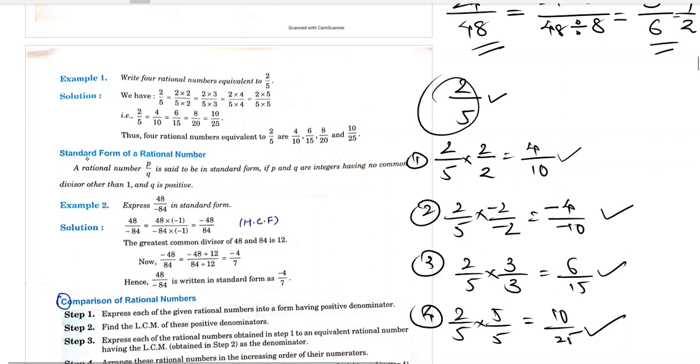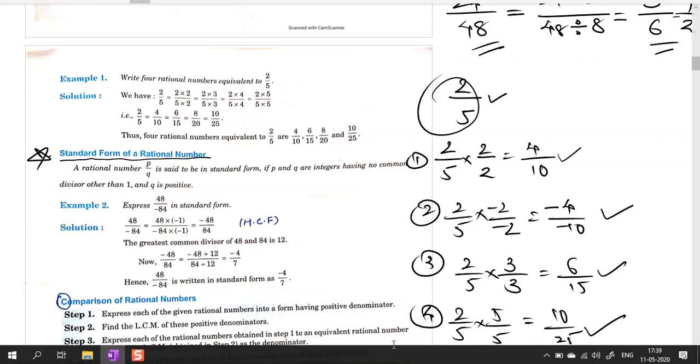Then, a standard form of rational number. What is a standard form of rational number? This is important. A rational number p by q is said to be in standard form if p and q are integers having no common divisor other than 1. That means when p and q are expressed in the lowest terms such that p and q both become co-prime to each other, then it is said to be a rational number in